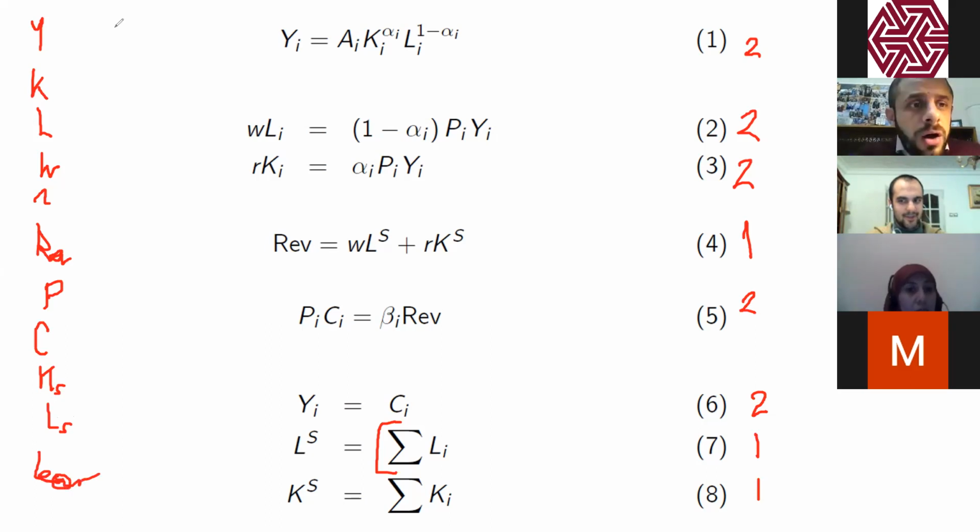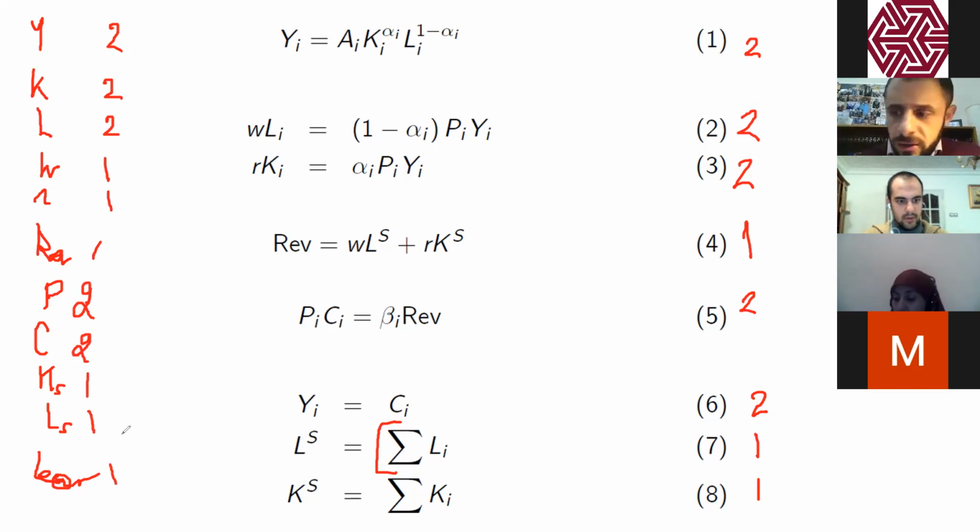We assume here that we have perfect capital mobility and perfect labor mobility. That's why we have just one wage and one capital rent. We have one revenue, 2 prices, 2 consumptions, 1 capital supply, 1 labor supply, and 1 Léon.